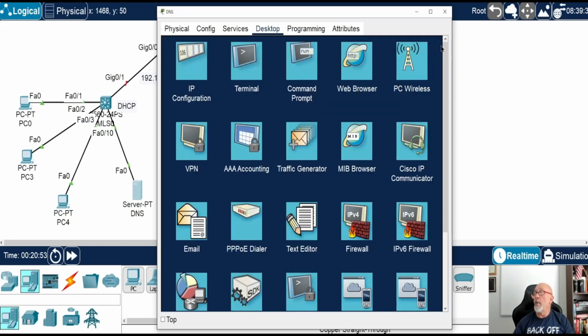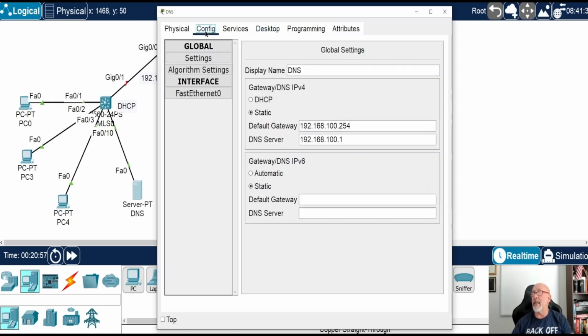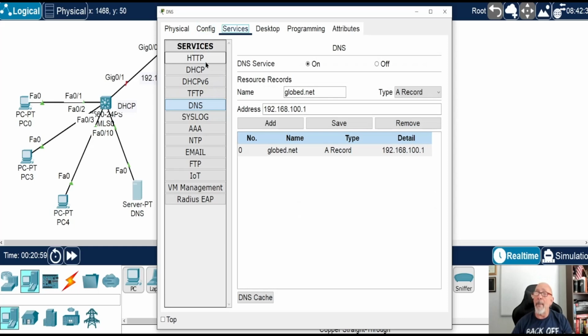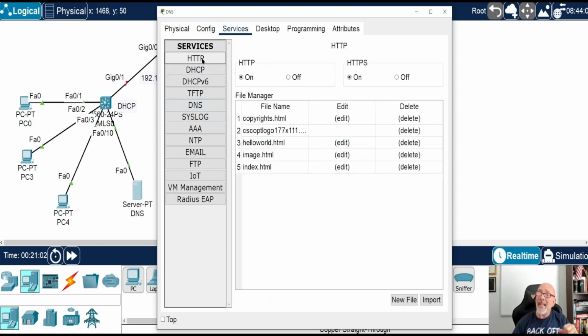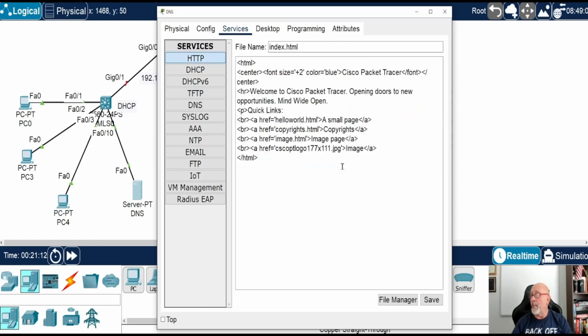All right, so what you can do, it's not required for you to do it for any certification or anything like that, but I like changing that. So I go back to services, and then I go to HTTP. I see that index. Those of you that have done HTML, whatever it is, the index, the home, HTML, whatever the case may be, that's the one you need to edit. That's your home page, right? So I changed this. Let's say, welcome to Globed. Welcome to Globed.net.